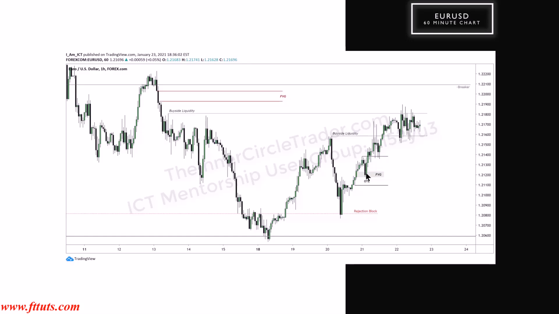No, I genuinely wanted to see Euro trade lower. I wanted to see it erode this and get through that discount array and make an attempt to get below here. I wanted to see that. That's genuinely what I wanted to see. But in the event that I'm wrong, that's okay. You're going to see me get it wrong again. It's going to happen. But how do you use that information?